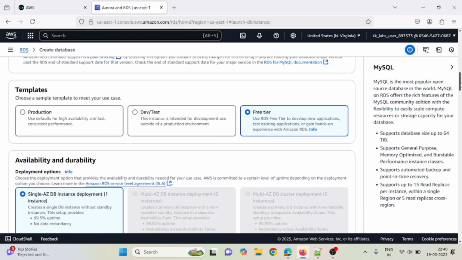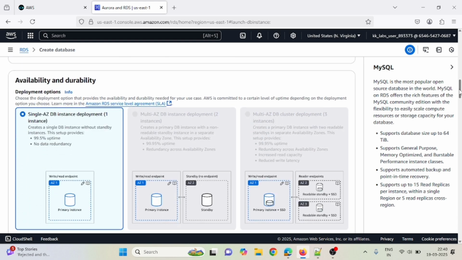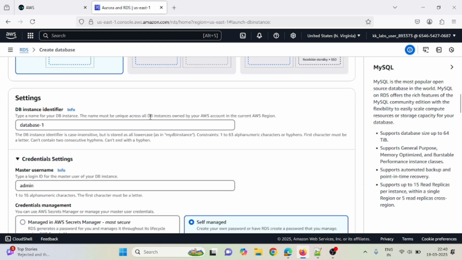scroll down. I am right now selecting the single DB instance deployment. Okay, scroll down, and I want to give the database name as MySQL DB, and